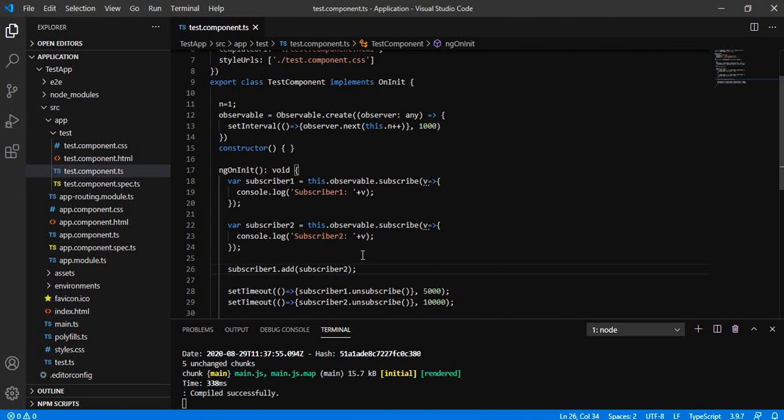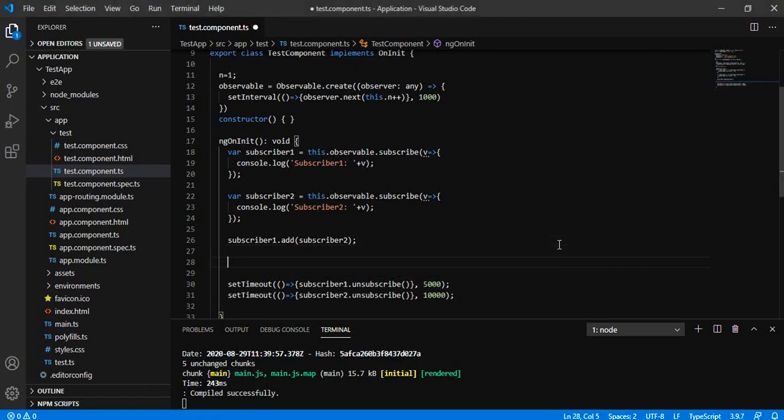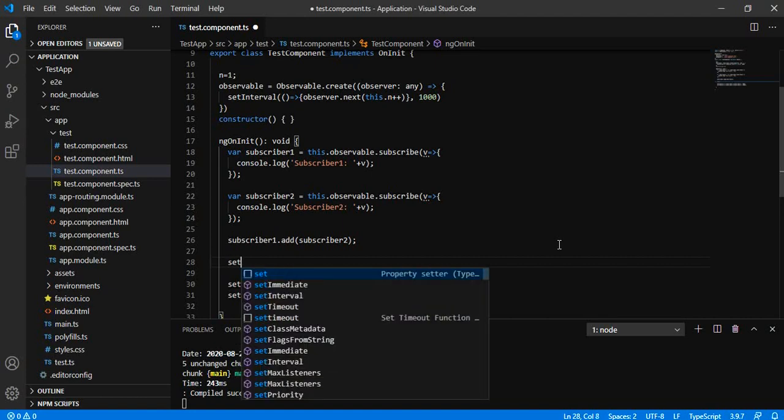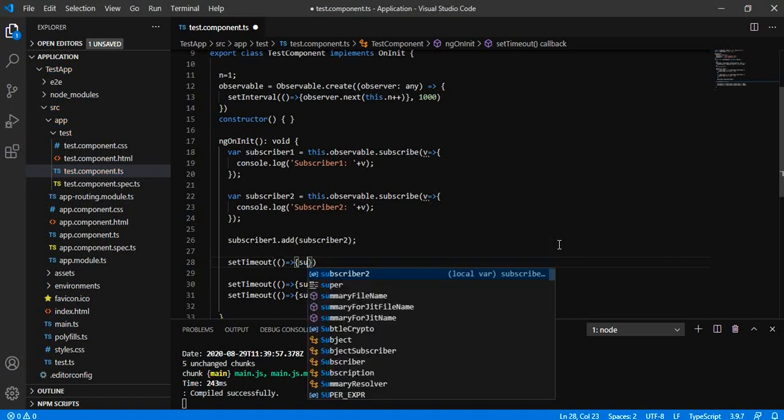Let me say we have some logic where we want to remove this particular subscriber 2 from subscriber 1. We can say after 3 seconds we are getting confirmation that further operation can be performed, so we can let them happen.